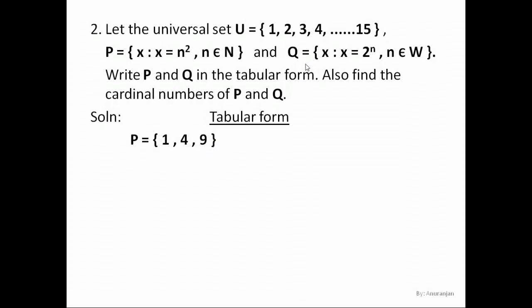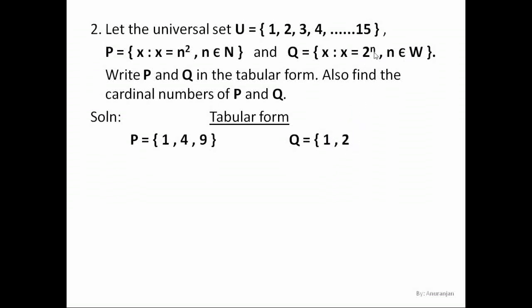Now let's write down the elements of set Q in the roster form. So x such that x is equal to 2 to the power n, where n belongs to whole numbers. So Q is equal to, if I substitute n to be the whole number, first whole number is 0, so 2 to the power 0 gives you 1. We all have learnt this in powers and exponents. So 2 to the power 0 will give you 1. So 1 is the first element. Next whole number is 1. So 2 to the power 1 will give you 2.